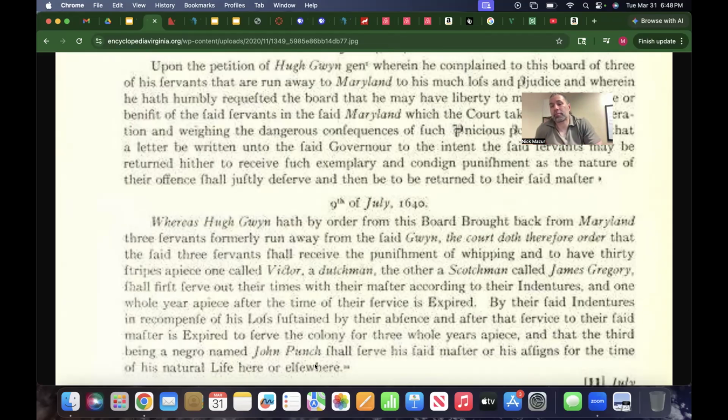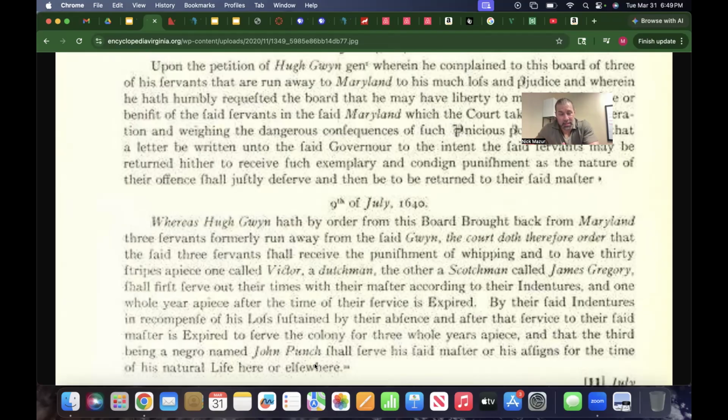1640. What exactly did the judge just create there? Well, the judge just established slavery for life. Now, we're not exactly sure why the judge did that. We're not entirely sure what the motives were, why exactly there were 3 individuals who all committed the exact same crime. Why didn't they all get the same punishment? Well, you can clearly see that the judge decided that wasn't going to be the case.